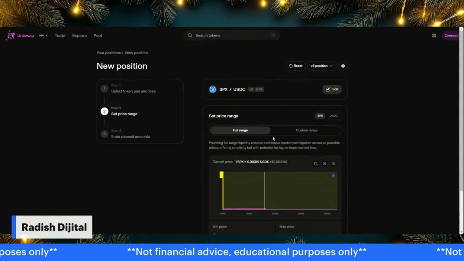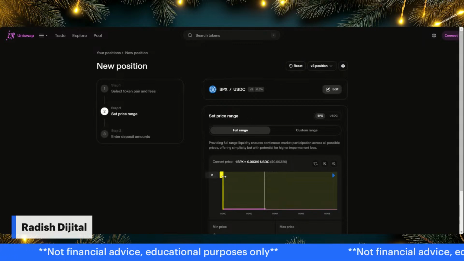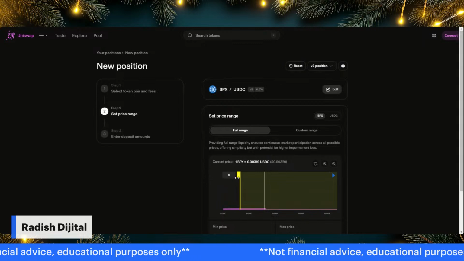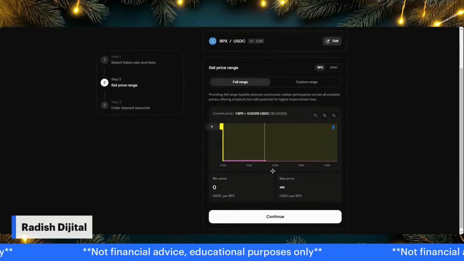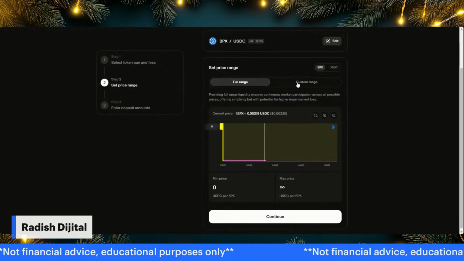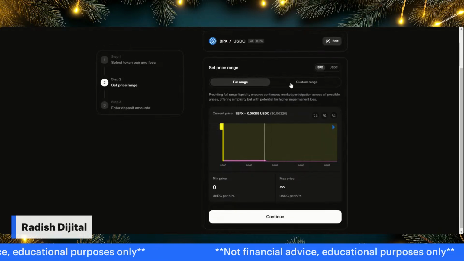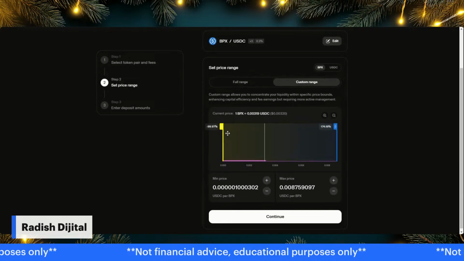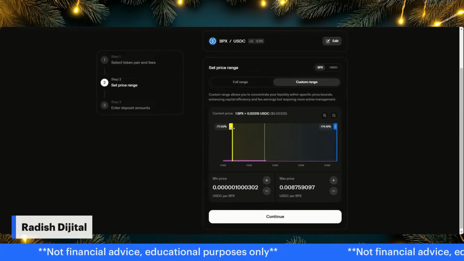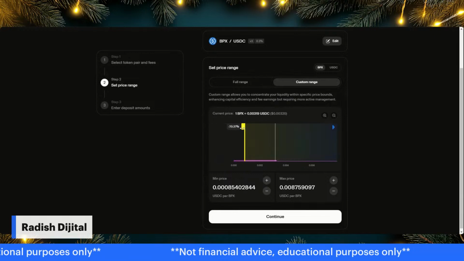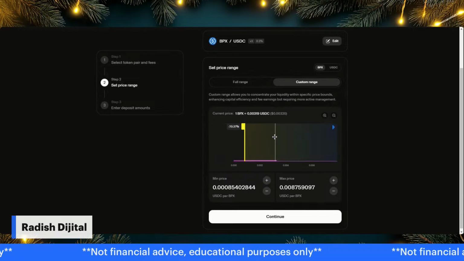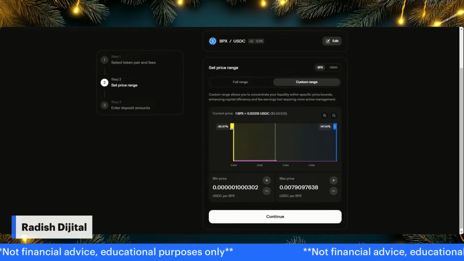Okay. And so here I'm going to set the price range, and of course, this was the easy thing that you were talking about. Let's see. It says full range and custom range. Am I going to click custom range? Yeah, click custom range. Okay. And then I can just slide it wherever you want. Why does it not like to? Oh, okay, there we go. The whole bar was going there for a second. All right.